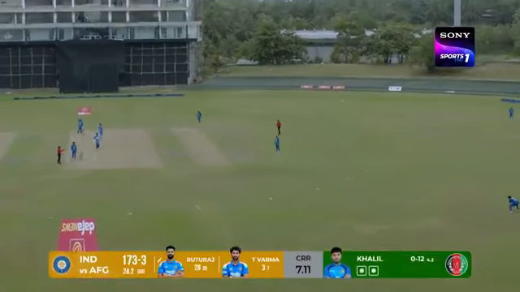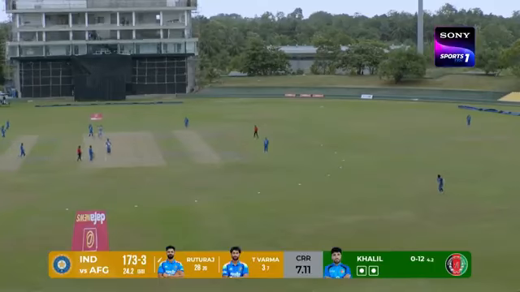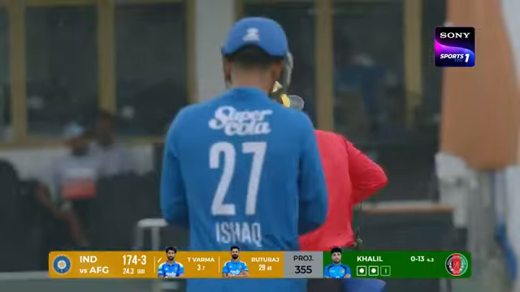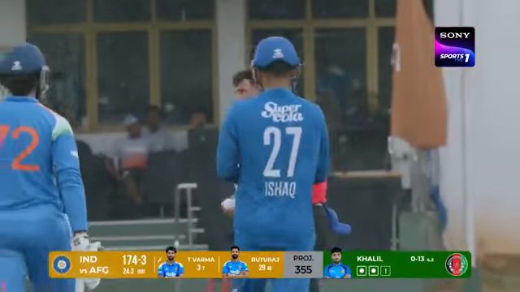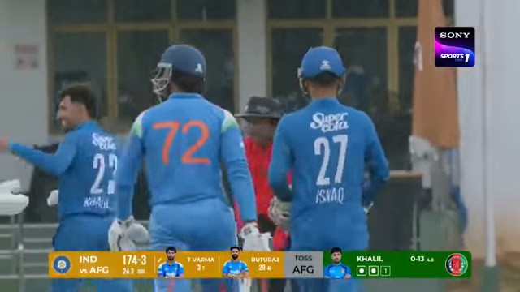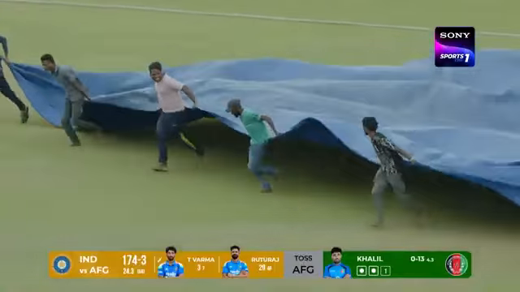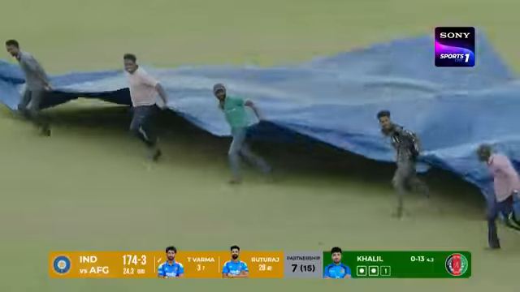But by the looks of it, it appears to be quite dark. And right, the umpires have decided it's time to take a break, because the covers are being brought on. There is some rain that's falling over the ground.